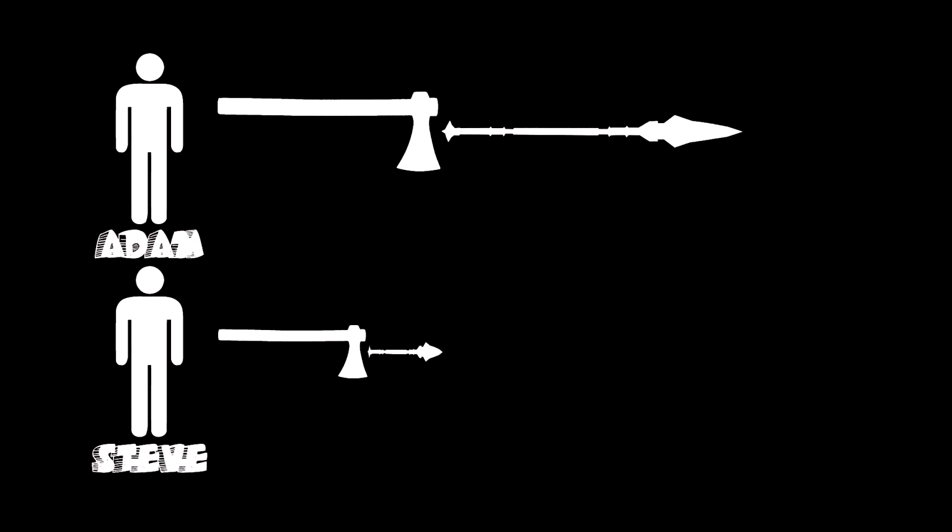Notice that Adam is better at making axes than spears, and Steve is better at making spears than axes. It actually doesn't matter that Steve is better at making axes than Adam is. This diversity leads to an economic exchange that makes both their lives better. Think about it. If there's no exchange, then Adam takes 7 hours making an axe and a spear, and Steve does it in just 3.